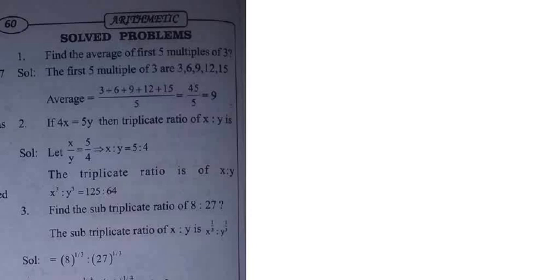Okay? In the previous class we learned what is meant by average, ratio, and the increase and decrease of ratio. We also learned about inverse ratio, compound ratio, and duplicate, subduplicate, triplicate and subtriplicate ratio. Now we shall see the problems on this. If you are perfect in these basics, you will understand these problems. Those who have not watched that video, you can learn the basics again and then see this video.